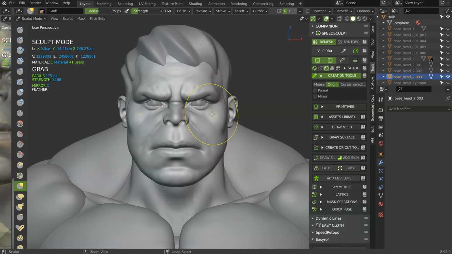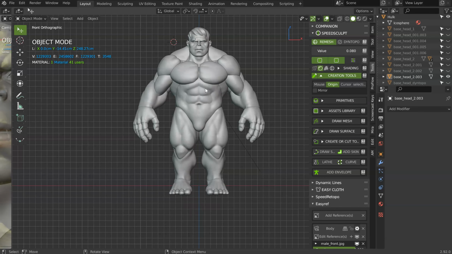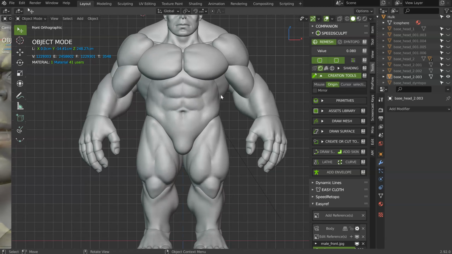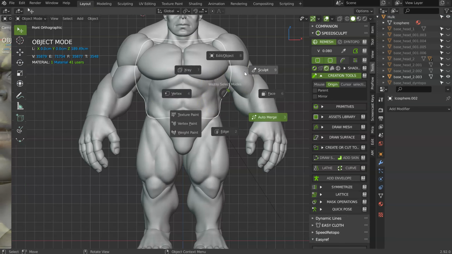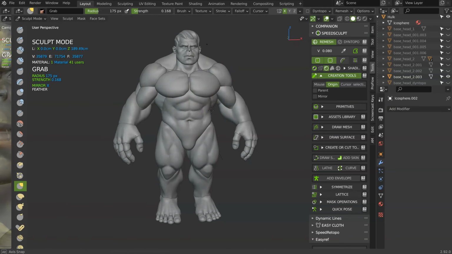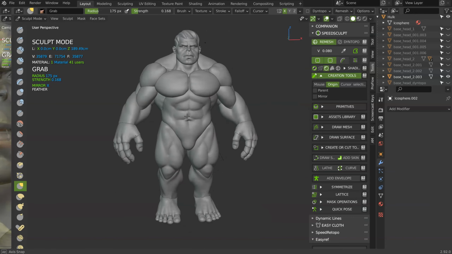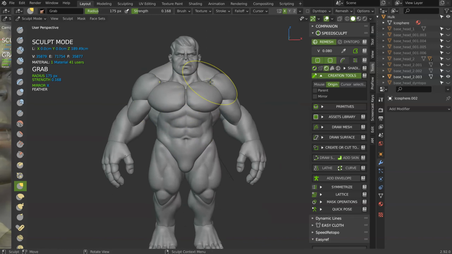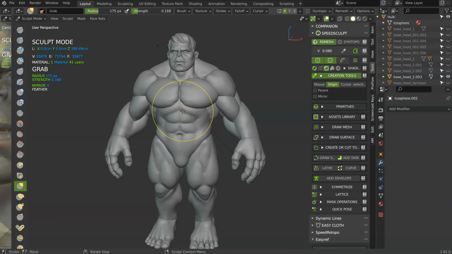We have now a better head. The global model is nice. I think I will edit this part a little and enlarge it like that, just a little to have something better. And this is the interesting part with this workflow, you can edit absolutely everything. Big guy. And as you can see, we have our model. This is just the blocking part, but we made a lot of tests, and we didn't have to work on only one model. That will slow down your computer a lot.